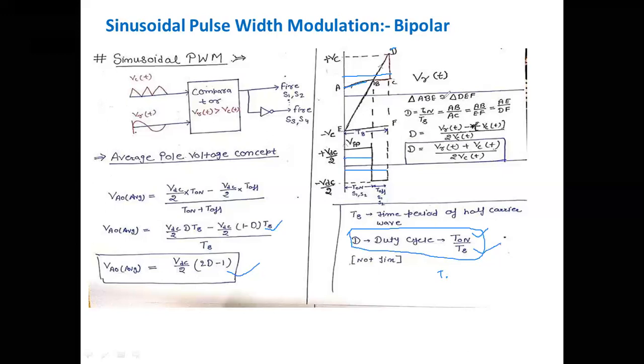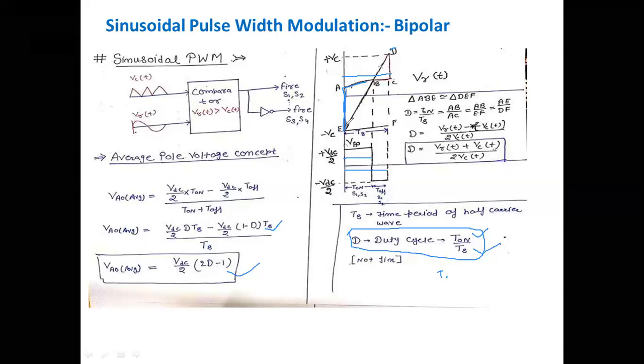Now these two are similar triangles. So as you know the properties of similar triangles, for the triangle ABE and the triangle DEF, here is EF. AB upon EF is equal to AE upon DF according to the similar triangles, because the ratios are the same. AB upon EF is equal to AE upon DF. So what can we write for AE? AE means this.